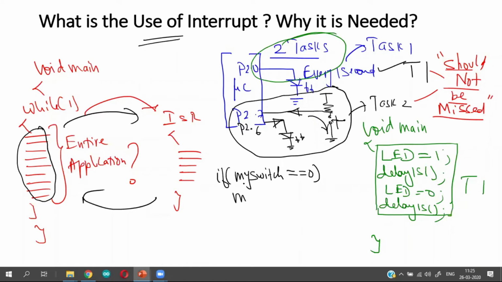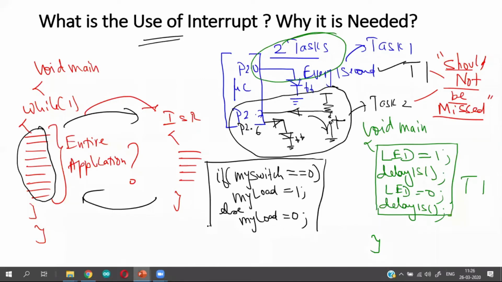So that's what 2.7 is assigned to my switch, and 2.6 I call it as my load. So I take my load is equal to 1. When the user is pressing the switch, I turn the load on, else I put my load as 0. Now this is my task 2, T2.